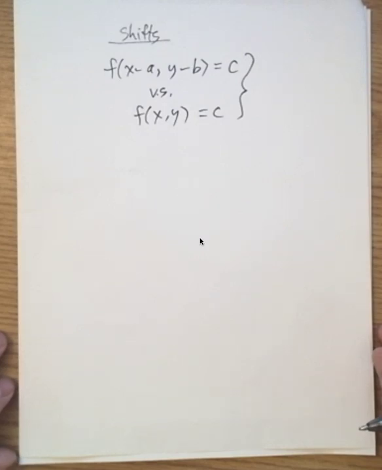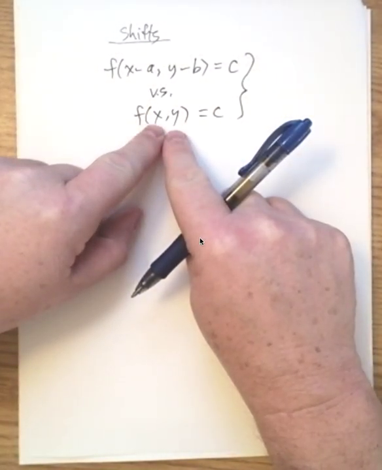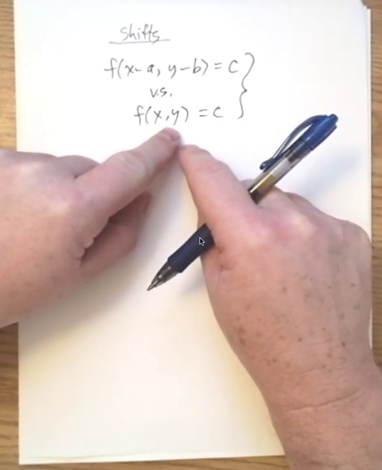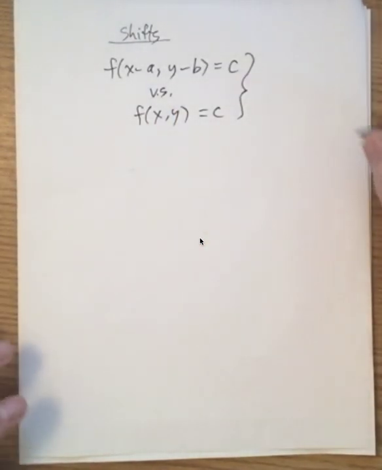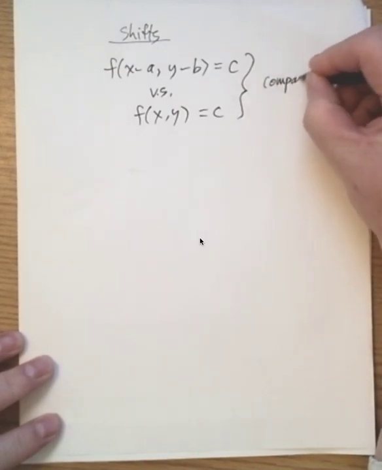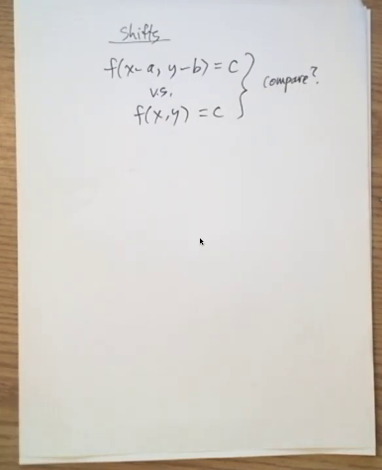The thing that I've changed here in my imagination is I'm thinking about this. I've replaced x by x minus a, where a is some constant, and y has been replaced by y minus b. And then we're wondering, how do these compare? How do the graphs compare is really what I want. Now, to compare the graphs,